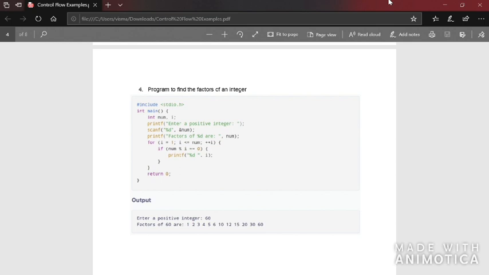Let's see. Here you have two variables, that is num and i. Now you can see num is used to store the integer for which the user would like to find the factors. Now you can see there's another variable i used here. Remember when I explained it to you, I said the first time you're taking the number 1 and then you're dividing 6 by 1 and checking if the remainder is 0 or not, and you're finding if 1 is a factor.